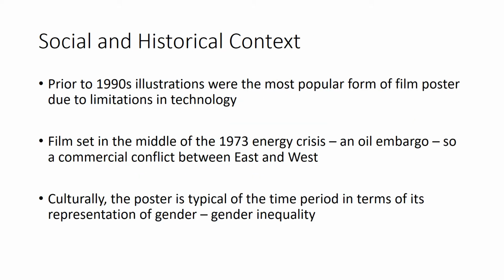Some of the social and historical context which is important for your understanding of the poster. Prior to the 1990s, illustrations were the most popular form of film poster due to limitations in technology, and this poster is very, very typical of its time. It is a film set in the middle of the 1973 energy crisis, an oil embargo, a commercial conflict between East and West, and we see lots of references to the energy crisis and the conflict between East and West